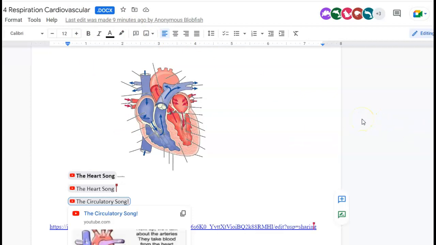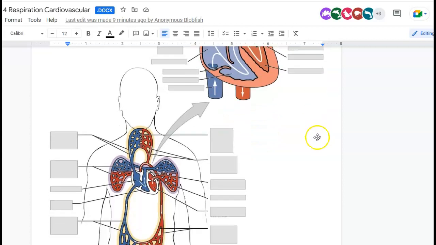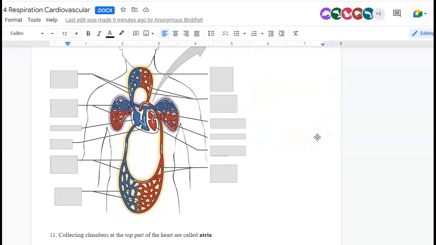Really? Okay. So that was just a way to remember all the parts because you need to know all the parts. Now, when we look at the circulation,